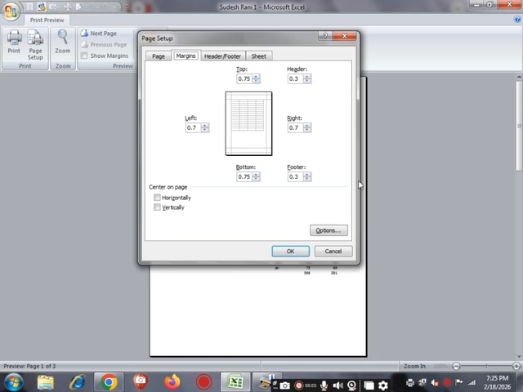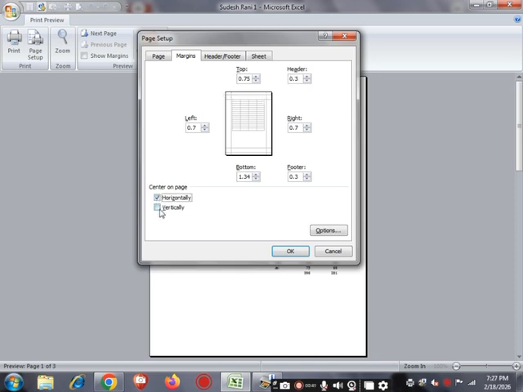Like margin, we can set how much margin we want to leave on the left side. This is the right side, how much margin we can leave, this is the bottom margin, and we can set it manually or by these increase or decrease buttons. How much space we want to leave on the bottom side, like I have set this to 1.34. This is the footer area, how much space we want to leave in the footer and header area. These buttons also help us increase and decrease the size. And next is center on page, horizontal or vertical, and you can see the effect of these options in the preview.